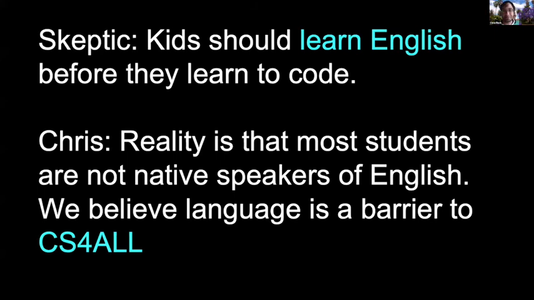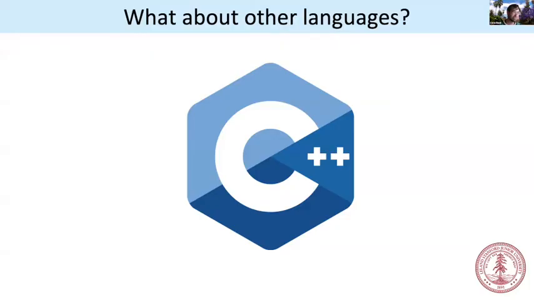You know, there's some skeptics who think that everyone should learn English. Like, why don't you just learn English before you learn to code? It's the language of code. It's a great thing that we all speak English. But I suppose we're coming at this from the mentality of like, actually, there's so many people who are not native speakers, and asking them to learn English first is just way too high a barrier. So we think we can make some progress on CS for All.